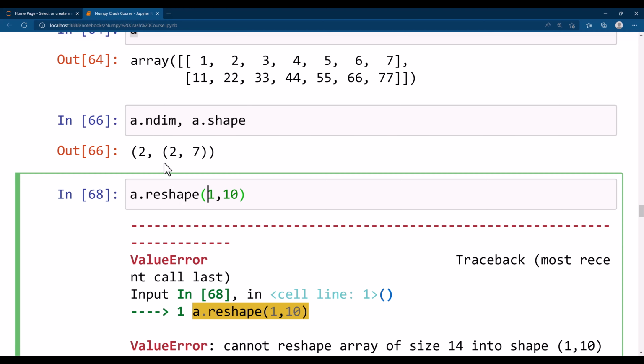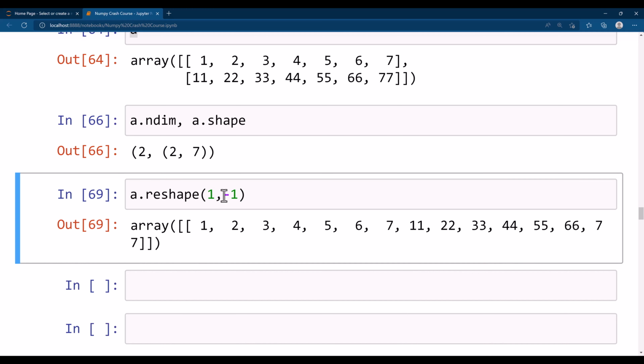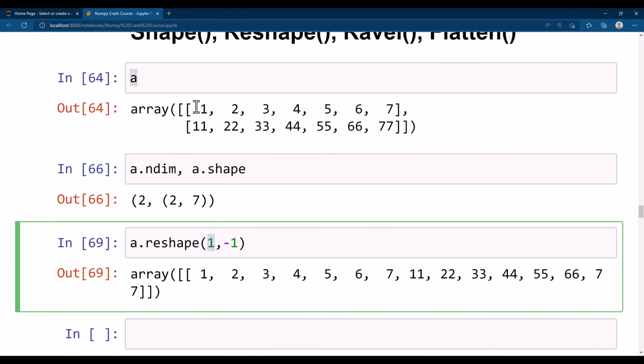If you are not aware how many columns it is going to produce, you can say -1, that means make as many columns as needed but keep only one row. You don't need to change anything, because it will automatically take as many columns as it needs. Similarly, you can